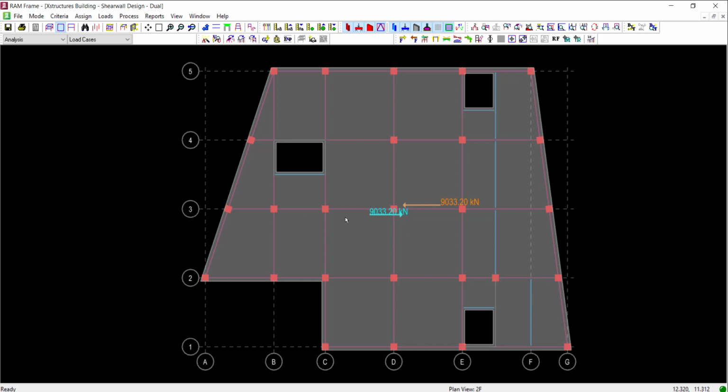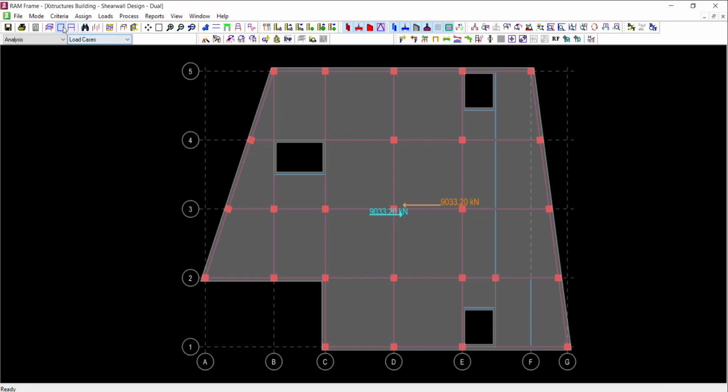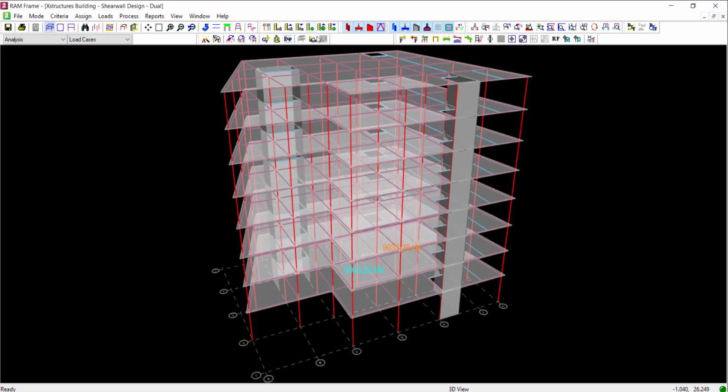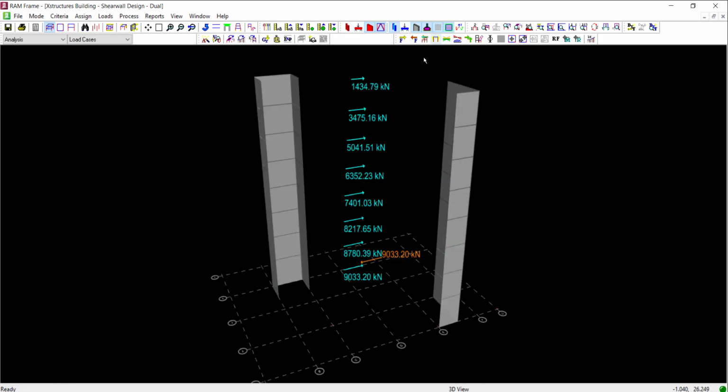So, para ma-split mo yung shear between two systems, gagamitan natin ng frame numbering. So, yung shear wall, i-assign natin as frame number 1, and then yung frame number 2 naman ay yung moment frames, so yung beams and columns. Okay? So, i-3D ko na, and then tanggalin ko muna yung mga beams and columns and slab para madali